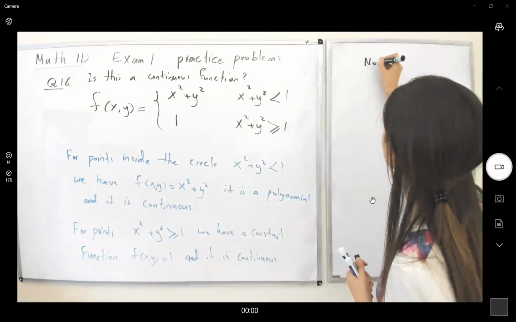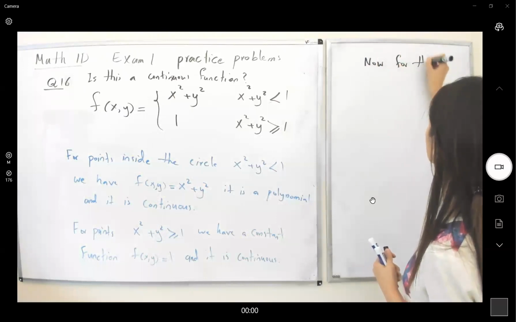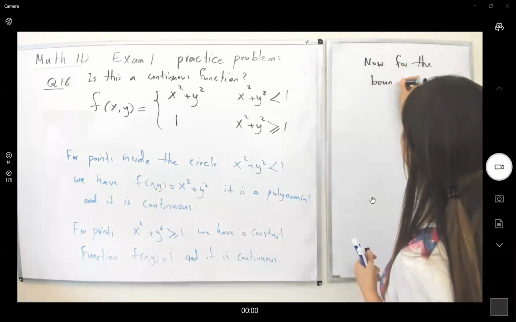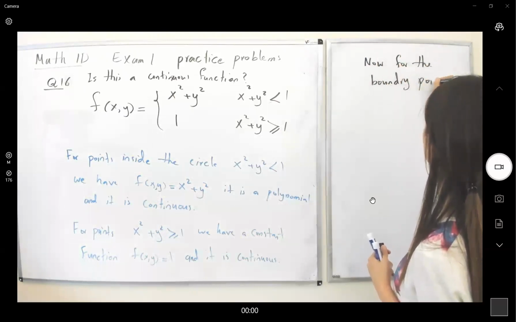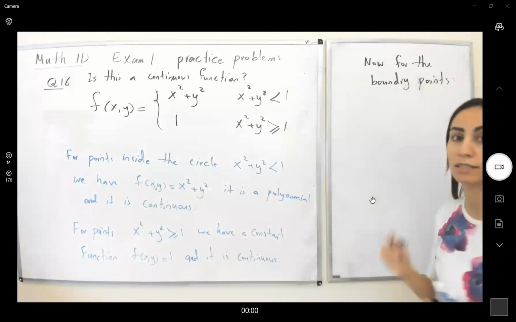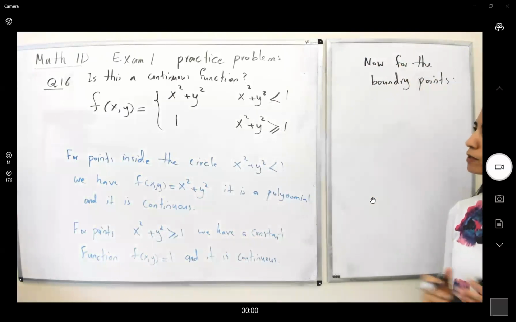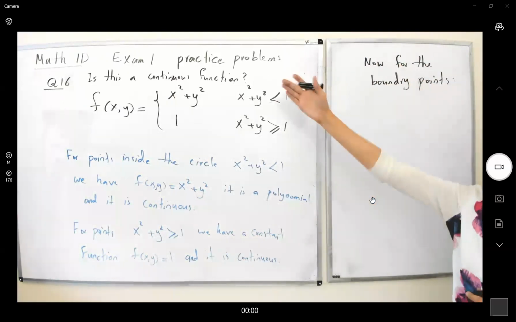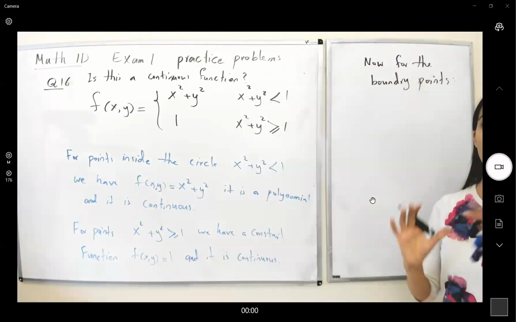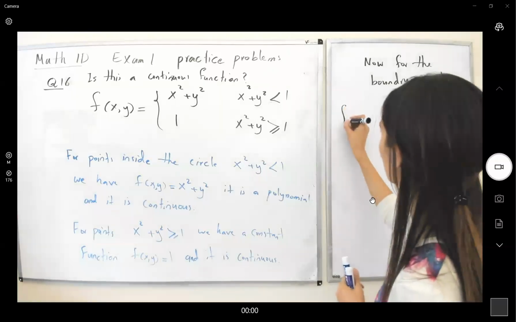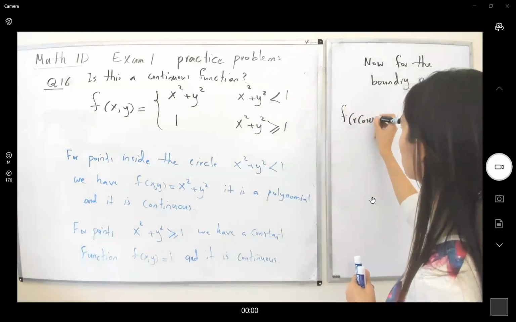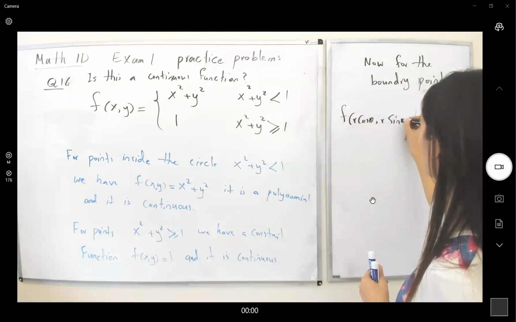Now, for the boundary points, the circle itself, the points that are actually on the circle. Very well. First, I'm going to write this function in polar form, f of r cosine theta, r sine theta is equal to